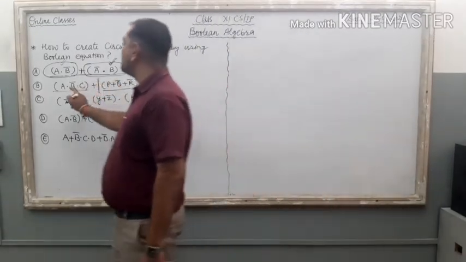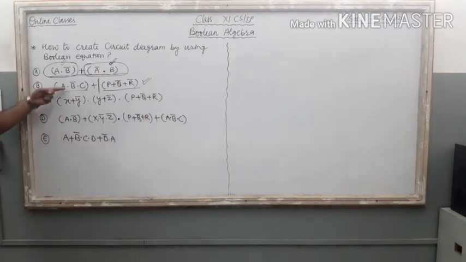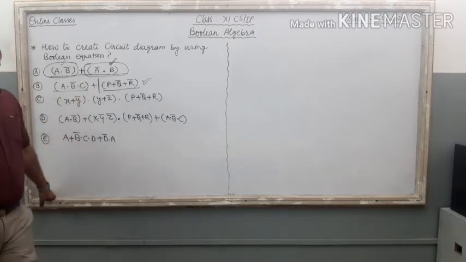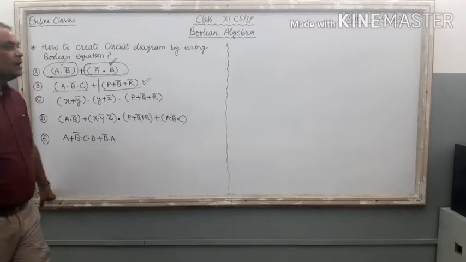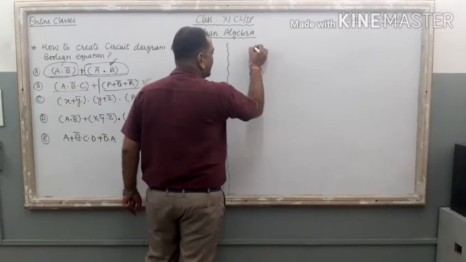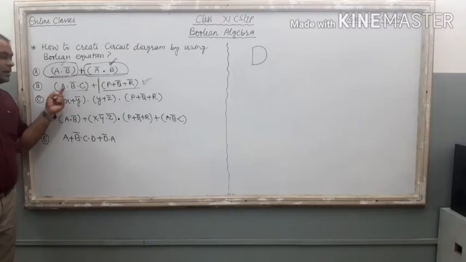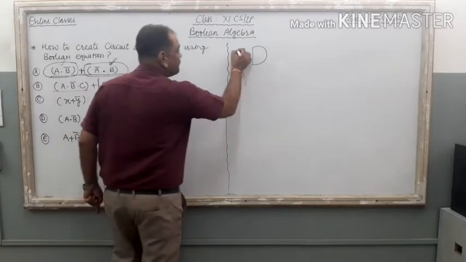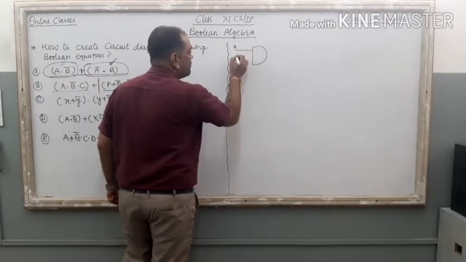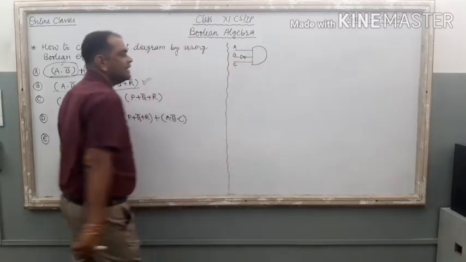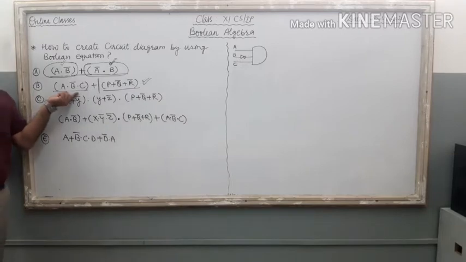Just go to the very first part. Just stand over here. A dot B bar dot C. Which gate is there in this part of this equation? Dot means what? Dot means AND. So, very first draw the AND gate like this one. It is the AND gate. Now, the first input of AND gate is A. Second input is B bar. And the third input it is C. So, the first line is for A. Second line B bar means you have to travel the input B with NOT gate, and the third line it is C. Check this one. Here it is the first part of this equation.